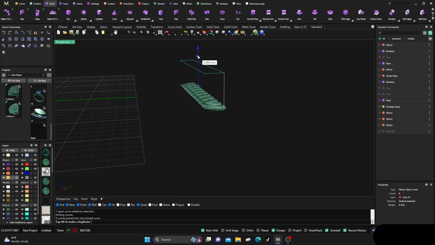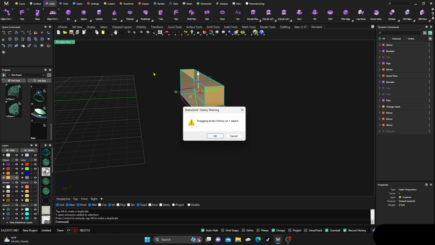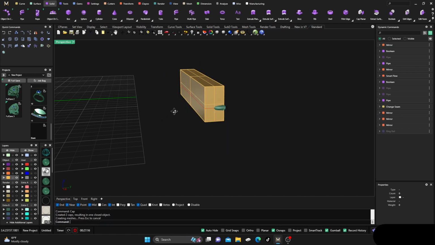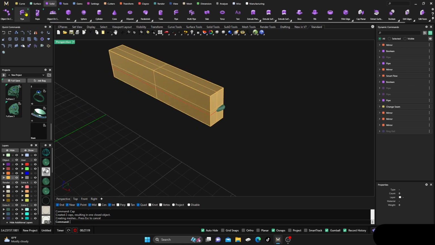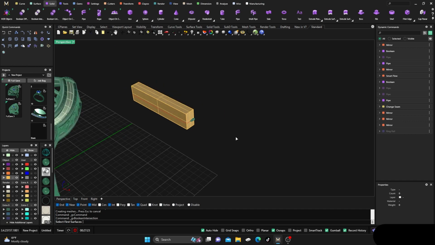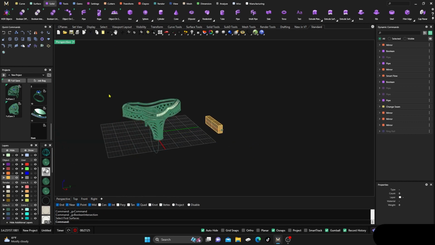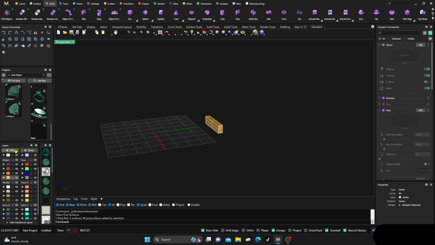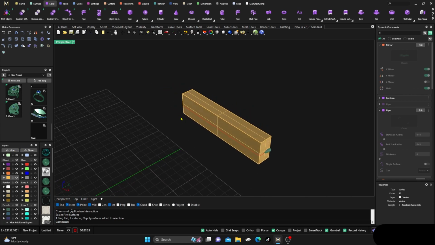We'll go ahead and extrude it up. Now we have an open surface, so we have to remember that. And we'll bring it back down. Broke surface, then we'll type in CAP, cap. So we have a solid surface. Let's go to our Boolean intersection. And this time I did not hide my items, so let's do that real quick. And then we'll go back and select that Boolean intersection. First section will be green. Enter. Enter,